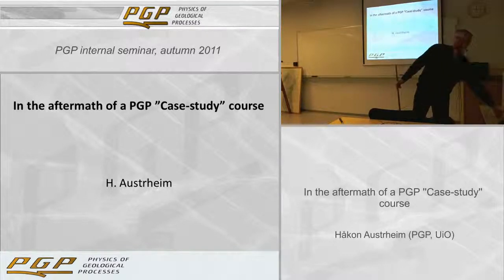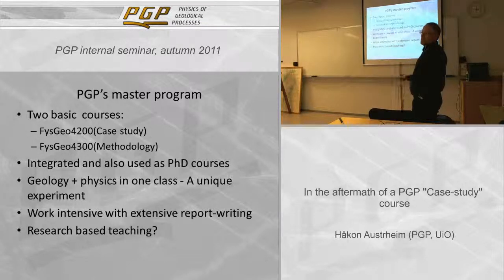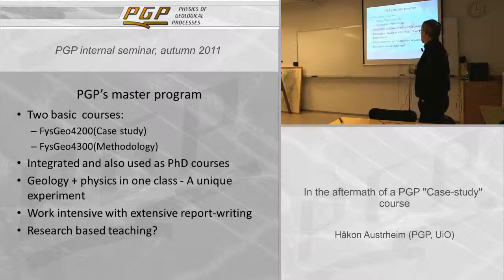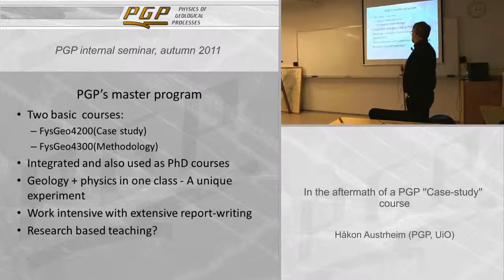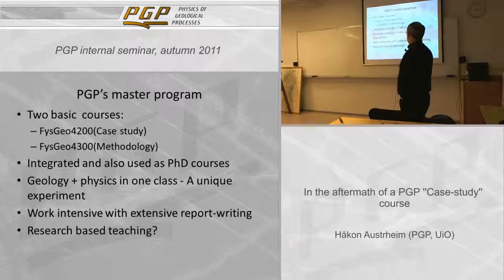But as you all know, PGP has a master program and a PhD program. And in the master program there are two basic courses. This is PhysGeo 4200, that's a case study. And then there is PhysGeo 4300, that's the methodology. These are integrated courses, and they are also used by the PhD students, then under the 93 and 92 respectively. Of course,